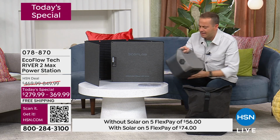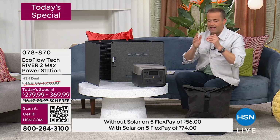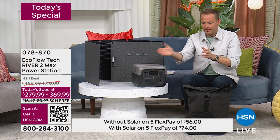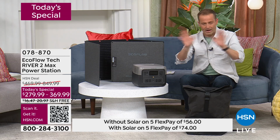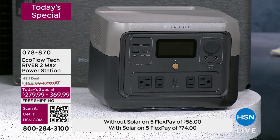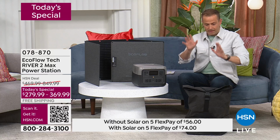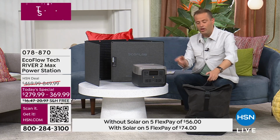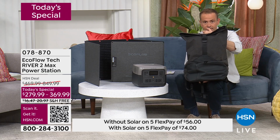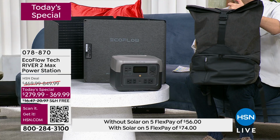And I really feel like I did a bad job of this at the beginning. So I want to go over this again. And the values that we have are compelling. That's $279. Great. But you do understand that for just $90 more, so the bundle, you get, bear with me, the $70 custom-made bag. Love that, right? Remember, you're paying $90, you're getting $70 extra in here, and you are going to get the